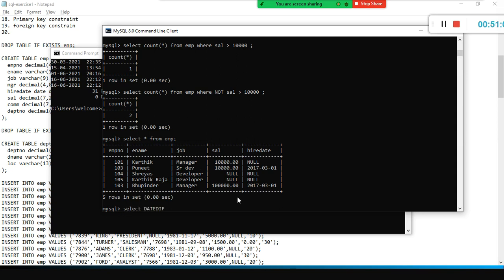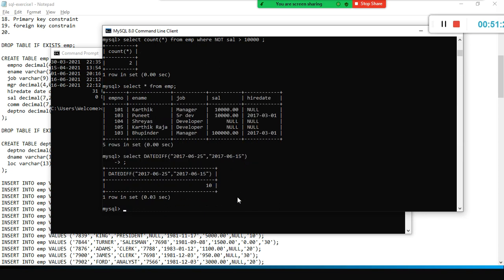You have something called the datediff function. For example, you want to find out the difference between two different dates, for example 2017 hyphen 06 hyphen 25 comma 2017 hyphen 06 hyphen 15. You can directly give it like this.